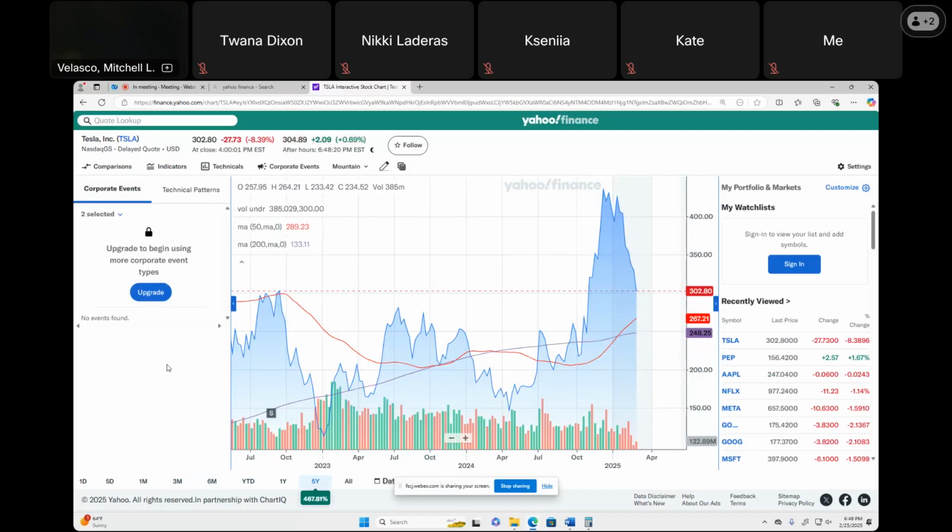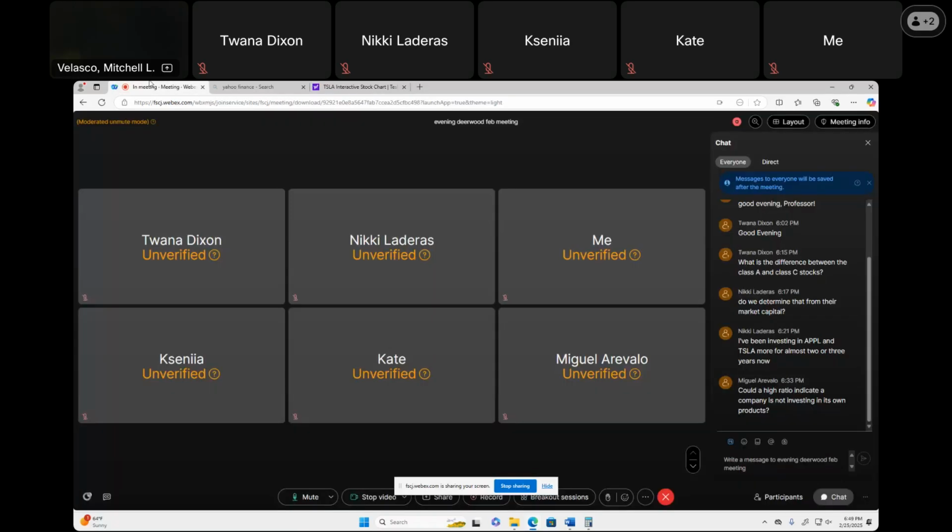But again, you want to give it a few cycles to make sure it's confirmed that the trend is real. So you can use that as useful buy and sell points if you wanted to trade in the stock. So if you can confirm and it's sustained that the golden cross is for real, then it might be a good buy. If the death cross is for real, then if you have a position, it might be a good time to sell, take the profits. Or if you don't have a position, maybe short the stock. Make money with the assumption that the stock price is going to go down.